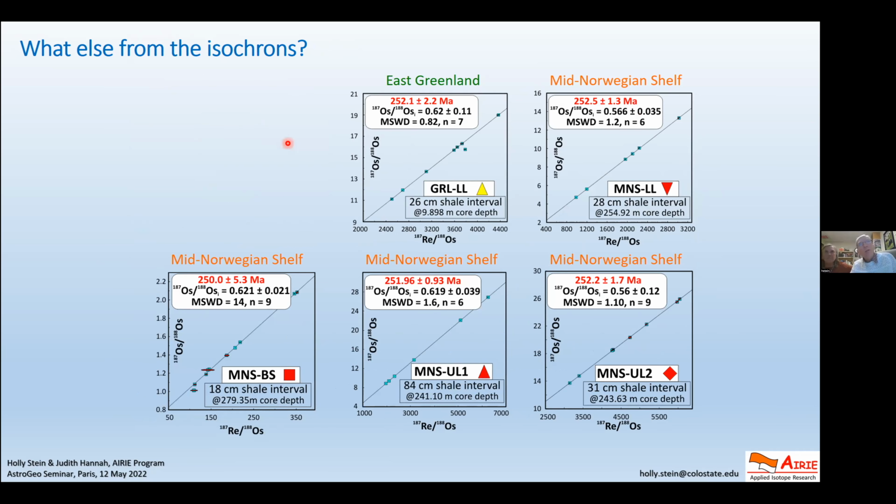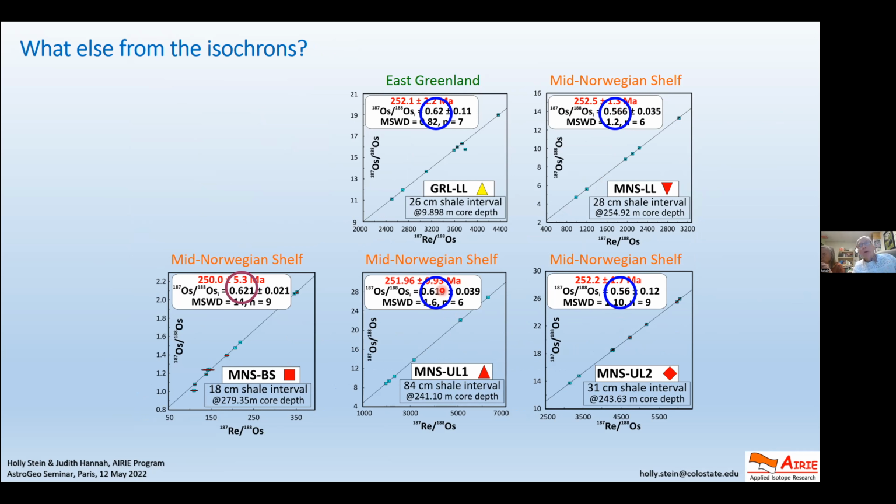The other thing I barely mentioned, I just want to show you that the initial ratio here is not like the mantle. In other words, we cannot directly get the Siberian trap influence with a ratio like that in the seawater. And that's another thing that falls out from the isochrons. This intercept is the initial ratio at 252 million years ago. You see they're quite similar. And that suggests there was a good bit of continental input into the seawater.